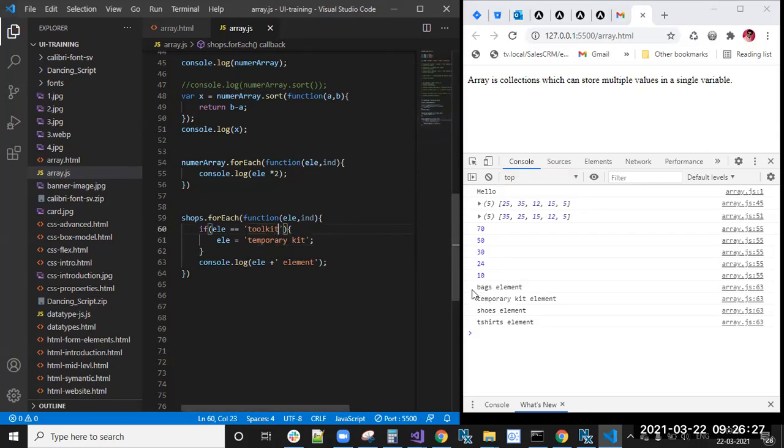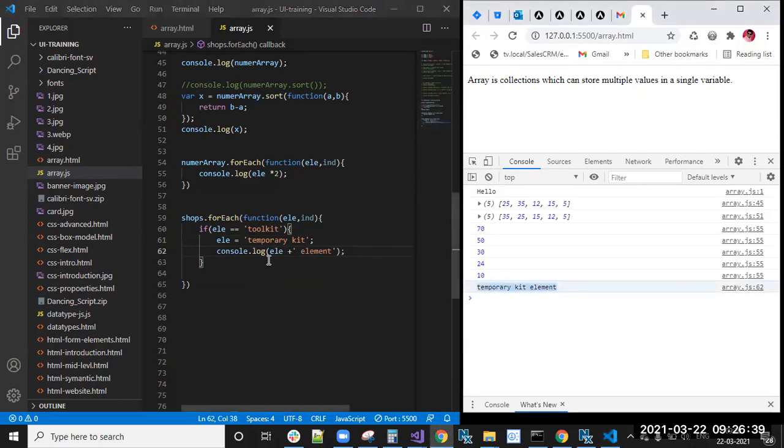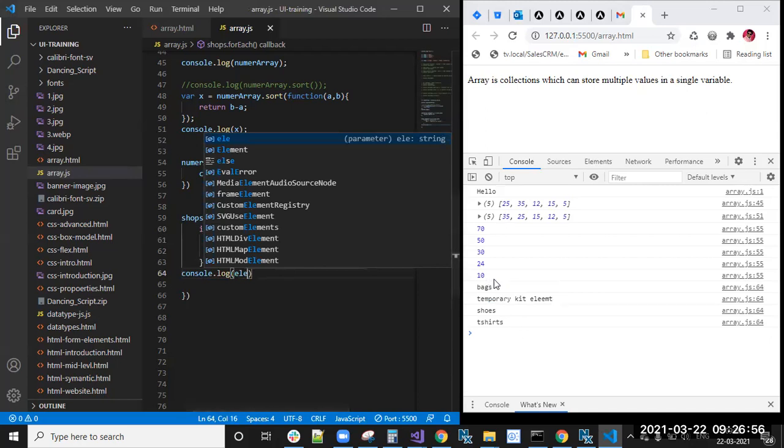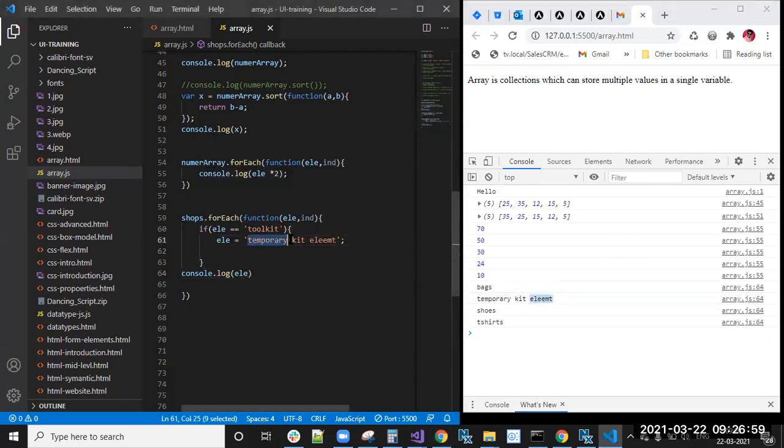Now you can see here, only that element is changed, not every element. That element is changed to the temporary kit only. console.log of ele. Like this, we can do the condition checking and we can change the elements.